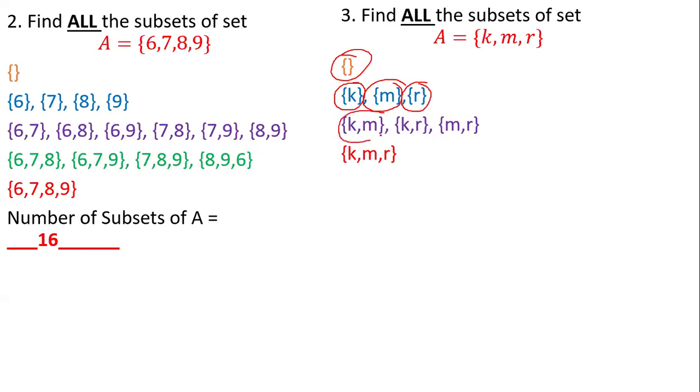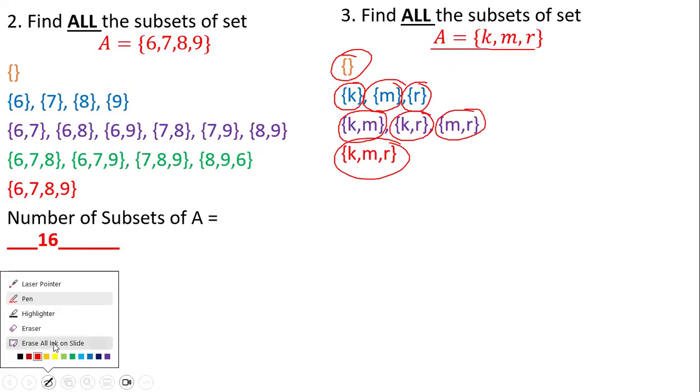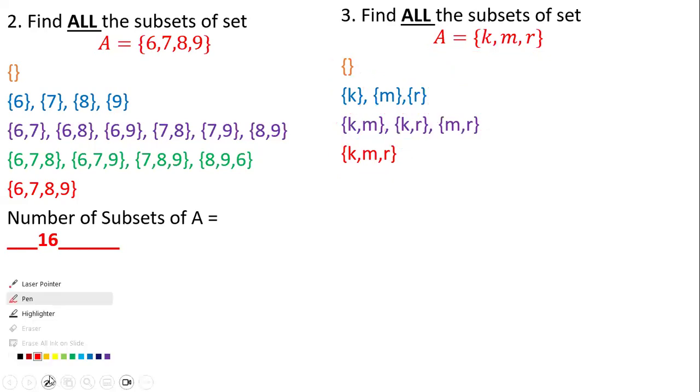Good. And then we go here. This is 5. 6. 7. What else? 8. So the number of subsets of A is what? 8. All right. Next time, please pay attention, Kenneth. So the number of subsets of this one is 8.